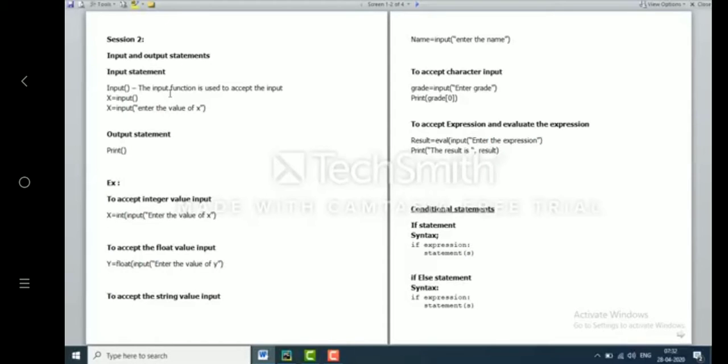Today, let's start with input statements. Every time when we do programming, it is not possible to assign a variable with a value. It is required to take an input from the user side. The input function is used to accept the input. Here we will use a special function called input function. The input function will receive the input from the user side, and the input received will be assigned to some